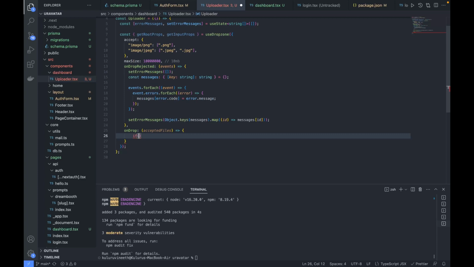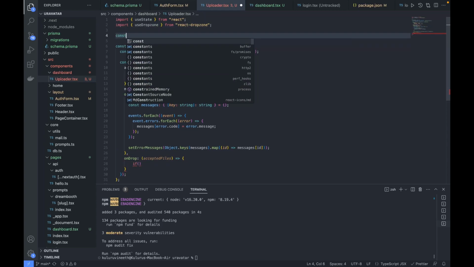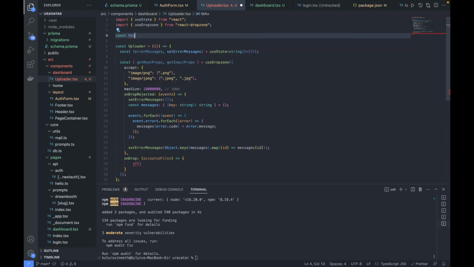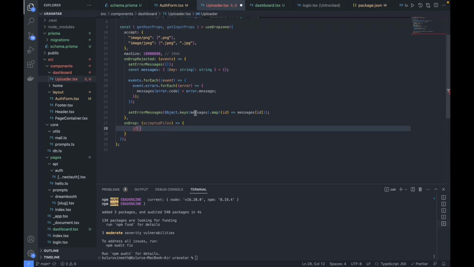So for now what we'll do, we will define one const variable which says the max files that we are accepting as some number. So let's say that as MAX_FILES variable. Make this as all caps. For now we will restrict only 25 files that user can upload. Okay, so here what we'll do, we will check here the